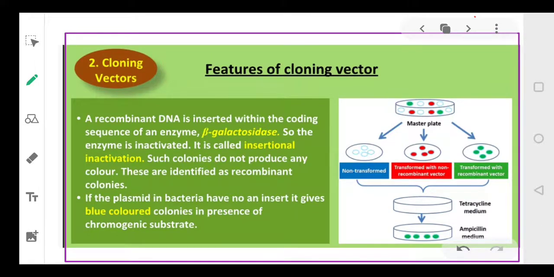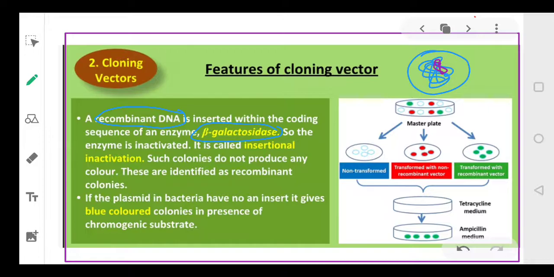Okay, now suppose we have a medium. Suppose we have a recombinant DNA and we are inserting the recombinant DNA in a sequence that codes for the enzyme beta galactosidase. सपोज करिए ये हमारा क्लोनिंग वेक्टर है, ये उसका डीएनए है, ठीक है। इसके डीएनए में हमने इस पोजीशन पर एक रिकॉम्बिनेंट डीएनए इंट्रोड्यूस कर दिया है। तो जहाँ पर हमने रिकॉम्बिनेंट डीएनए इंट्रोड्यूस किया है, this portion of this host DNA produces an enzyme which is called beta galactosidase, ठीक है। एक सेल है, सेल के अंदर हमने एक फॉरेन डीएनए इंट्रोड्यूस कर दिया है, और वो एक ऐसी एरिया में इंट्रोड्यूस किया है, जो पोर्शन एक एंजाइम प्रोड्यूस करता है जिसको हम कहते हैं बीटा गैलेक्टोसिडेज।